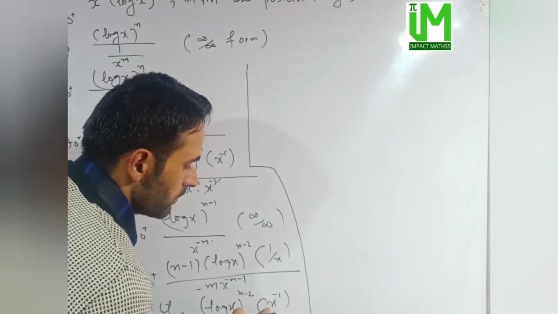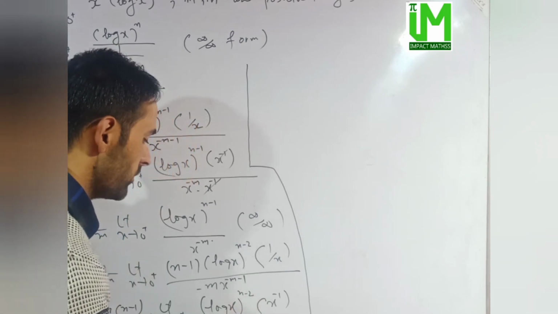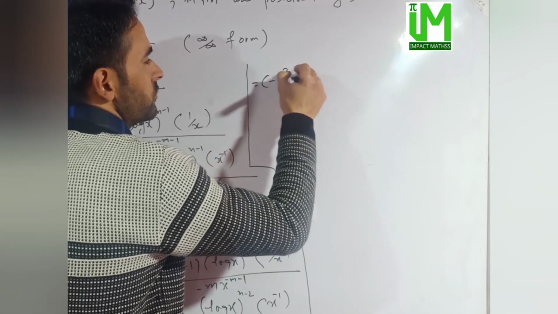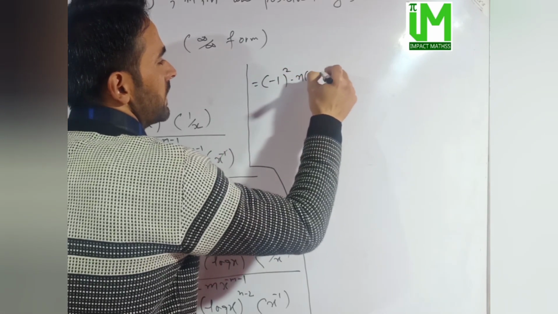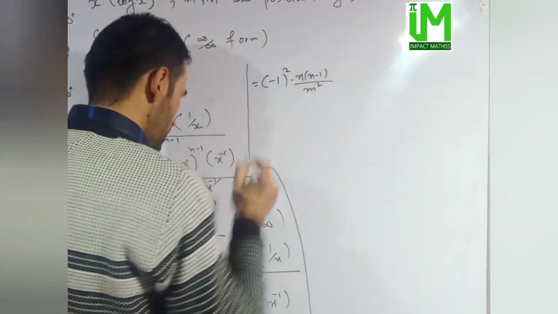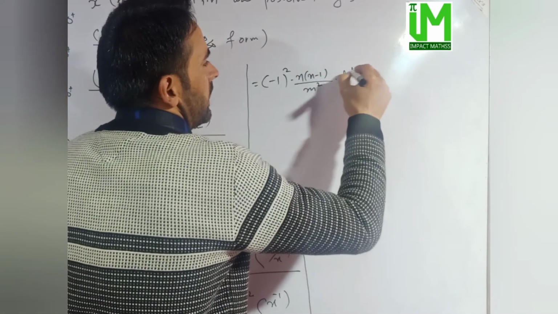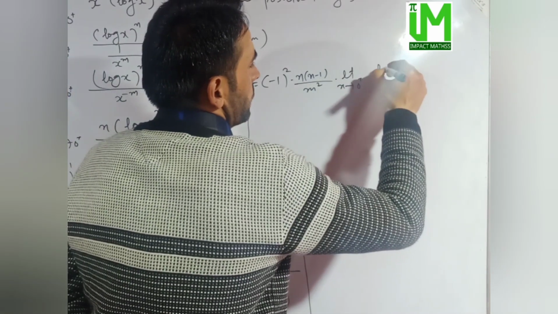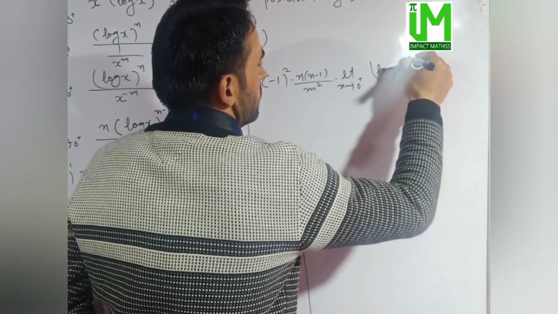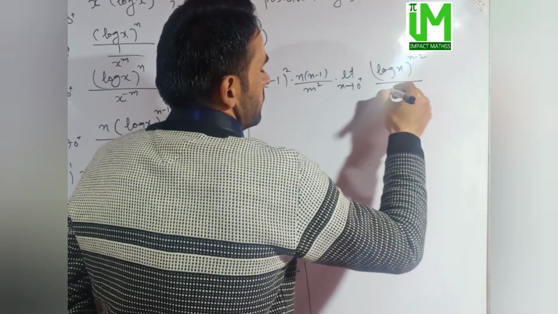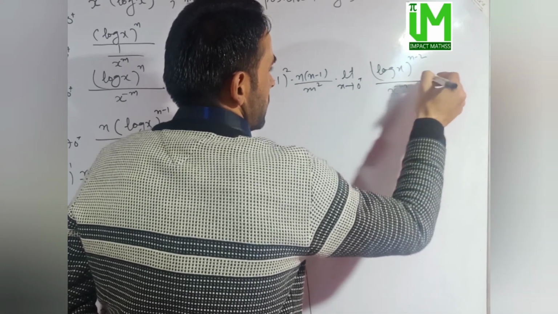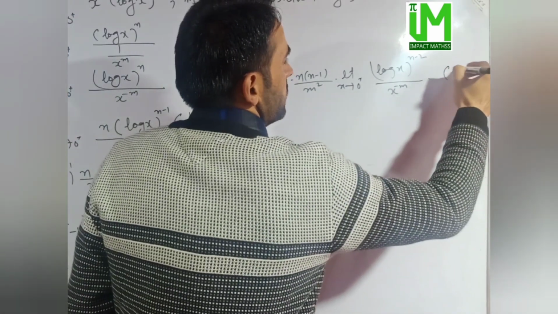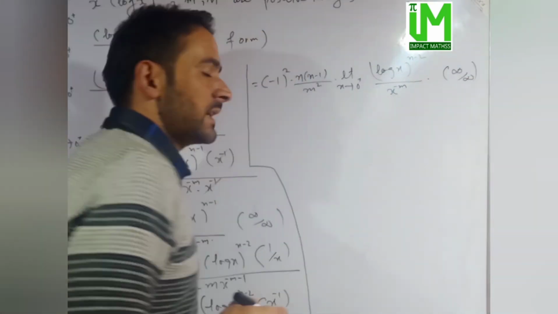So x raised to power minus 1 से फिर से ये x raised to power minus 1 cancel होगा. So we'll be left with minus 1 whole square into n minus 1 divided by m square into limit x approaches to 0 from the right. So log of x raised power n minus 2 divided by x raised to power minus m. Now again we have obtained indeterminate form of the type infinity by infinity, which means we'll be again differentiating this